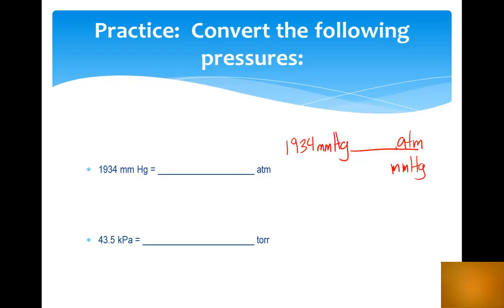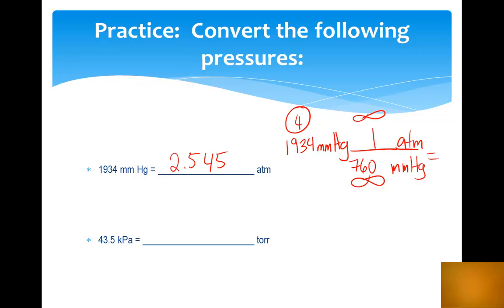If you go back to our equal expressions and you look at your notes, you'll see that 760 millimeters of mercury is equal to 1 atmosphere. And if we plug this into our calculator, keeping in mind that these two numbers are infinite and we're not worried about sig figs for those, and our starting number is 4 sig figs, you will get a calculated answer of